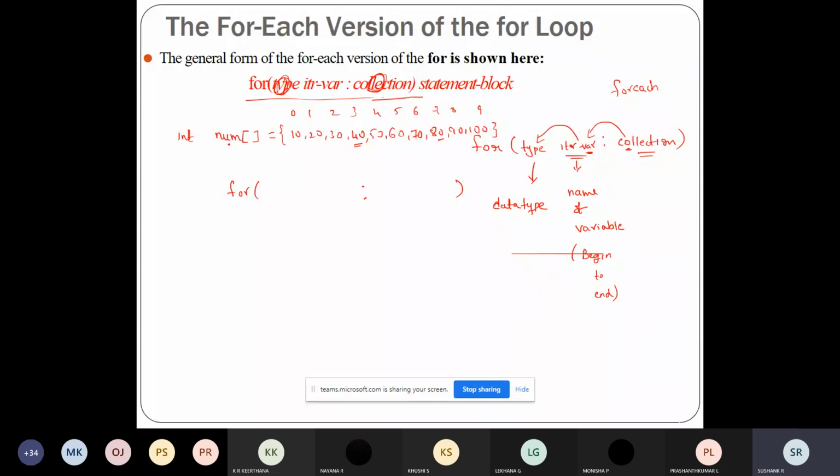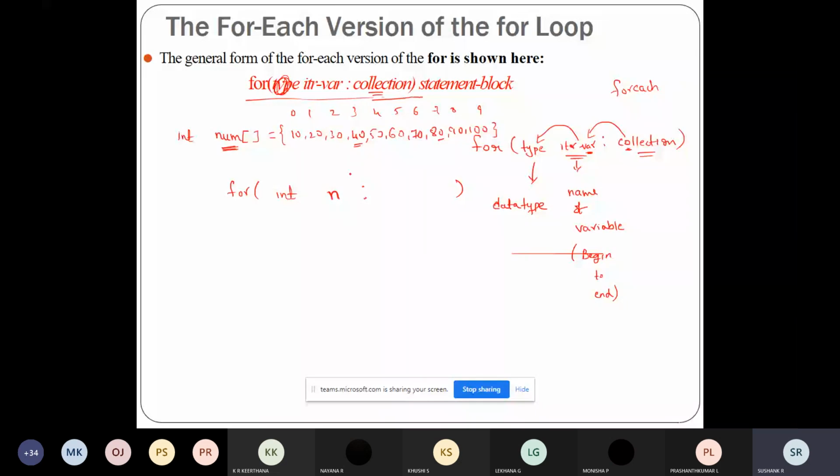Here my collection is number, so the data type of the collection is integer. So I will name it as int. Then the second part is the variable name; I'll give the variable name as n, and the third should be the collection.